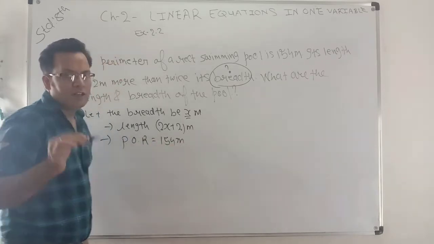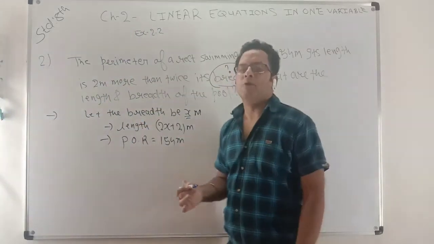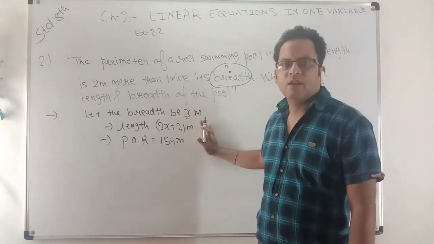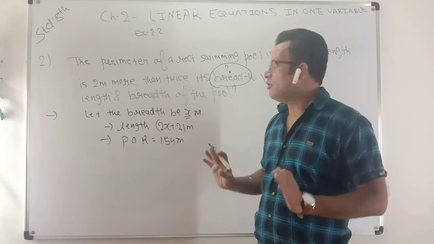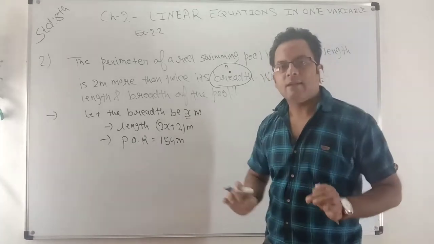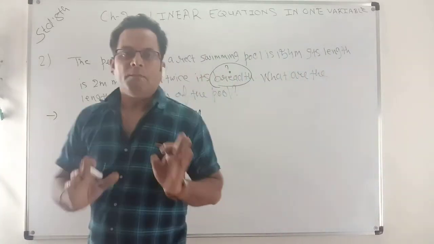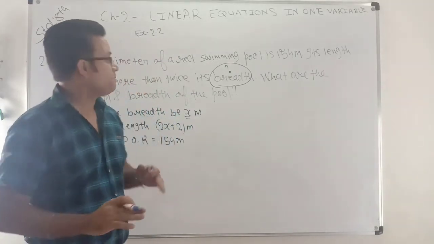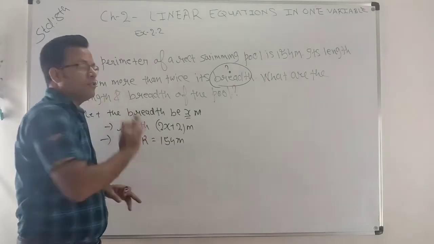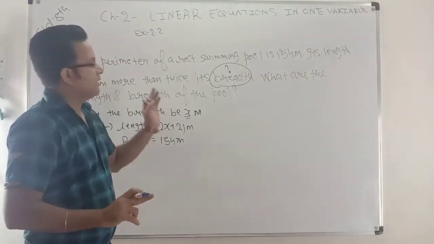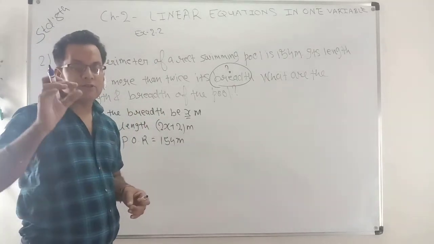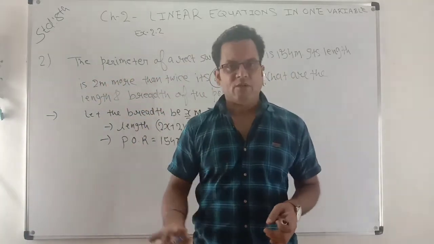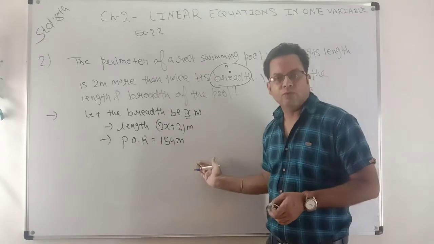And perimeter of rectangle is 154 meter. So this way first of all you have to suppose, okay, because according to the question we have to go. So we must know, because you have to find here both breadth and length. Breadth actually we have supposed x and your length is already here 2 meter more than twice. So if your breadth is x, so twice of x is 2x and length is 2 meter more. So 2x plus 2. Okay.